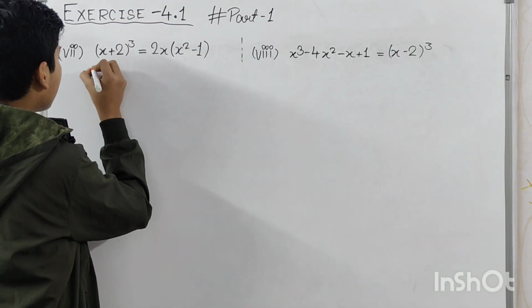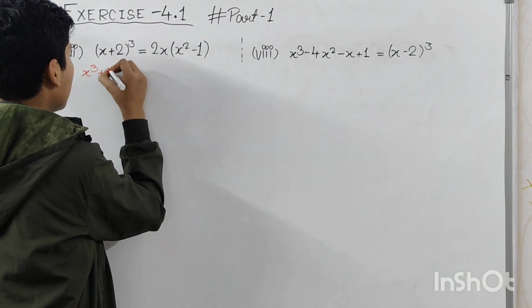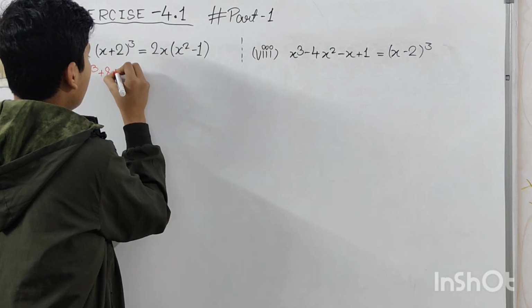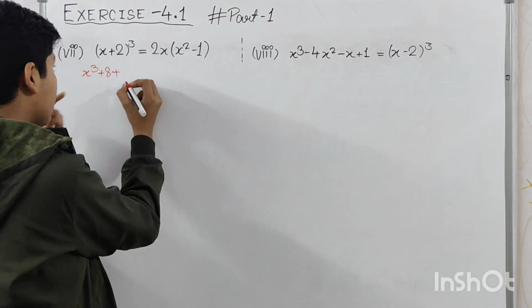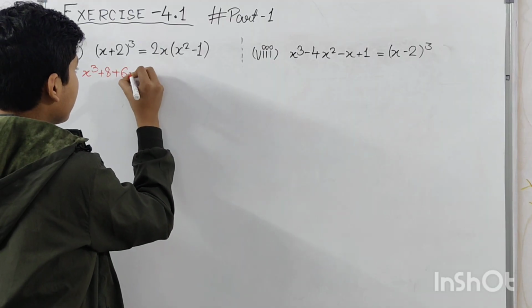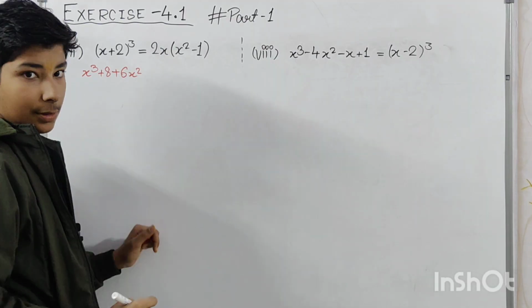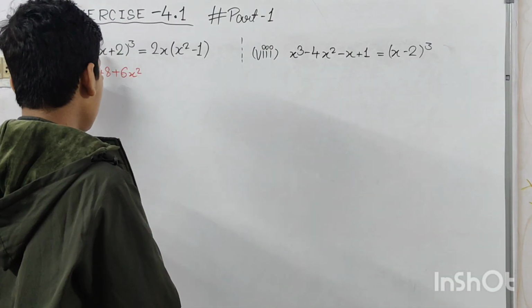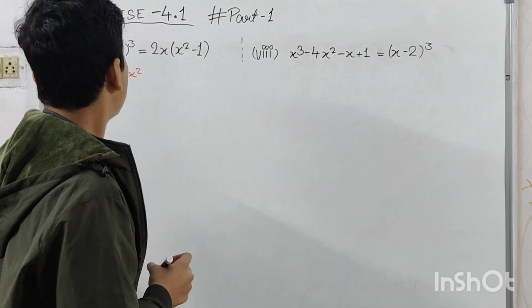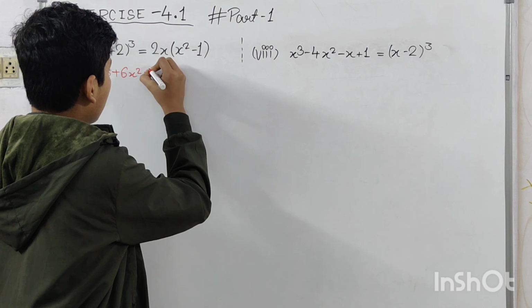So x cube plus 8 means 2 cube, plus 3a square b means 3 into x square into 2, 6x square, plus 3 into a into b square, plus 3 into 4, 12 into x,